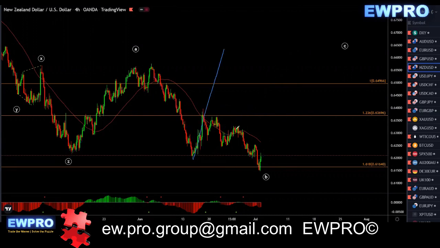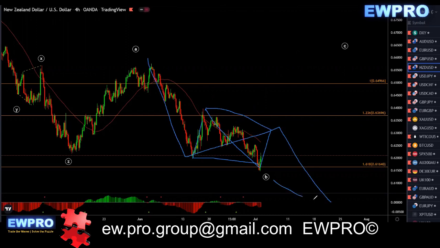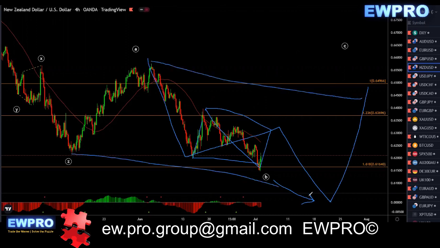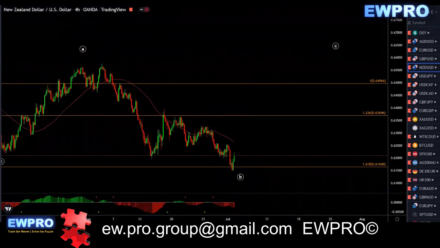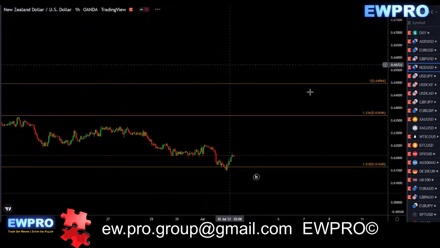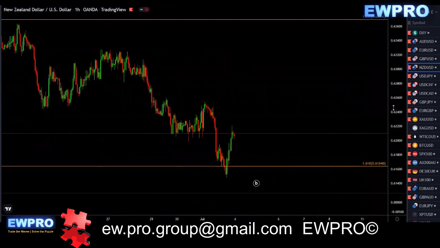This one never went. So sort of get an A, B, C up in here as a running or expanding flat. And then you get an A, B, C finishing off the B wave. And then you get the C up as a larger flat before we get more downside. So it may become a very large correction, but you're really only looking for buys. I mean, if we go down to the H1,